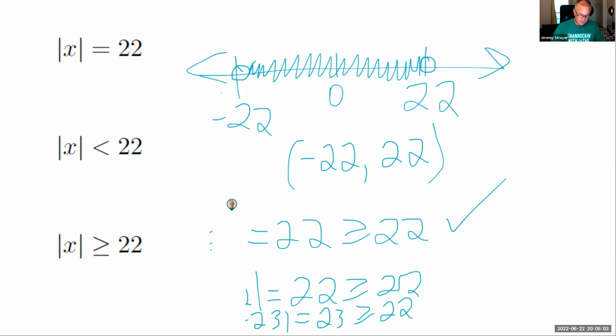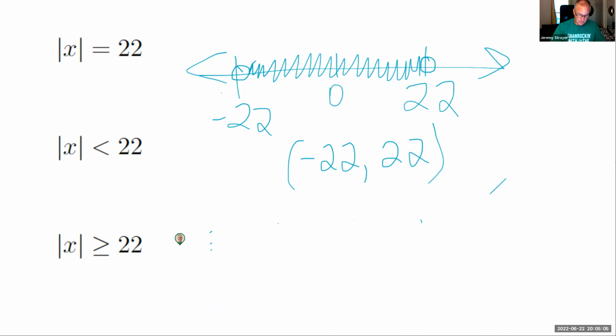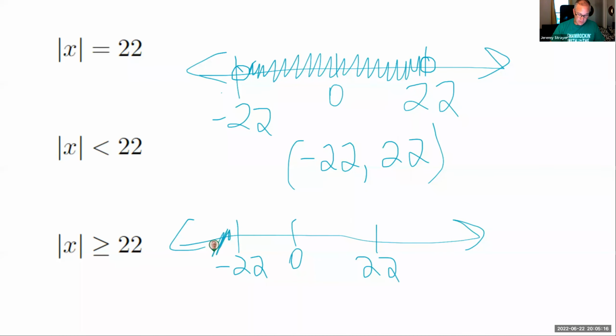So in this case, we said, okay, 0 is here and 22 is here and negative 22 is here. Any number that's smaller than negative 22 or bigger than positive 22 will work. And we said this time, though, the actual values of 22 and negative 22 work. So we'll put in a solid filled in dot here to represent that x could be equal to 22 or